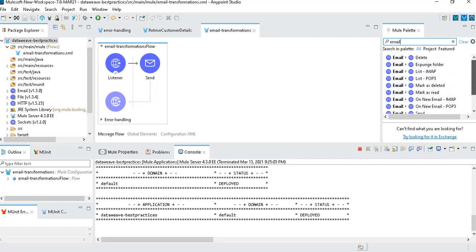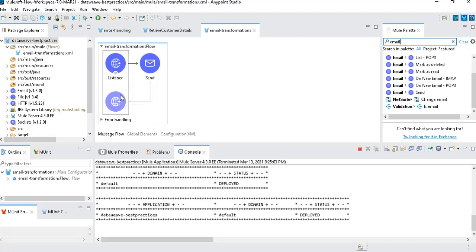Like this we have a lot of operations. You need to use the send operation to send an email. So you need to drag and drop the send connector here. Let us see how we can configure it.